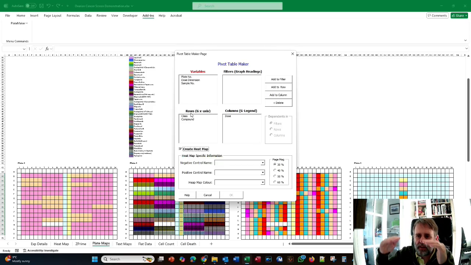So we want to move the negative and positive control down to the bottom, but now we're using the class as the qualifier. So rather than DMSO, we now just call it negative control because that's the name in the class. And the positive control name in the class is positive control. It's still a one-way red high. We'll still do 50%. We'll click OK,